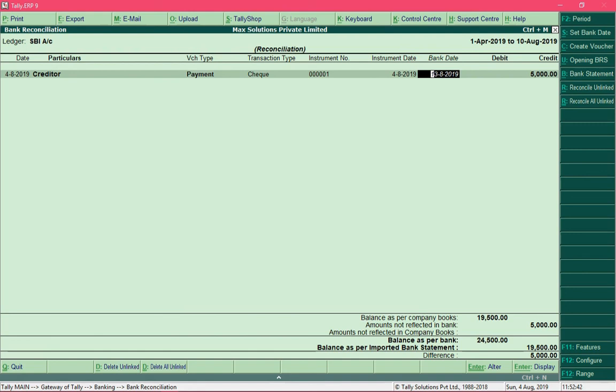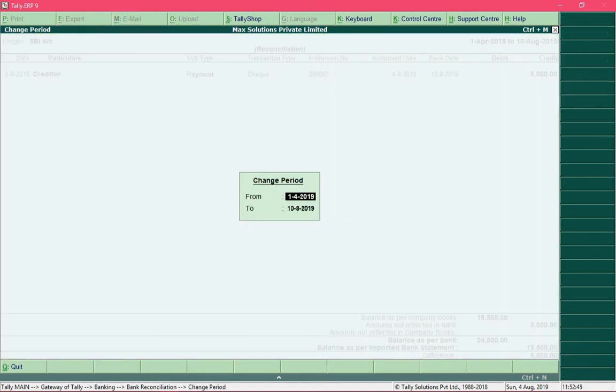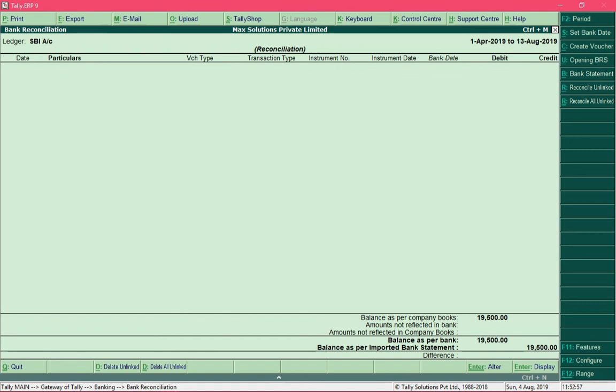So you just need to include the date in the period information. So if I include the date range as 13th of August, then you can see that the reconciliation is again proper. So don't panic, just check the date range.